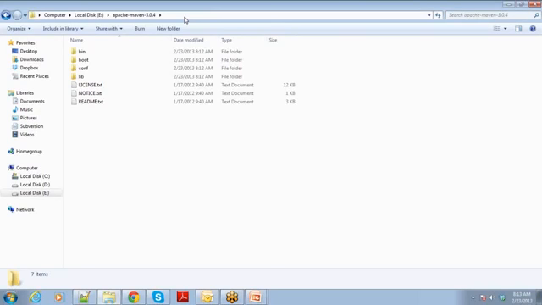Now once you have done this, you need to set up Maven in your system. This can be done by making changes to two environment variables. While I do that, please look at the screen. The first thing is you need to set up a variable called M2_HOME.